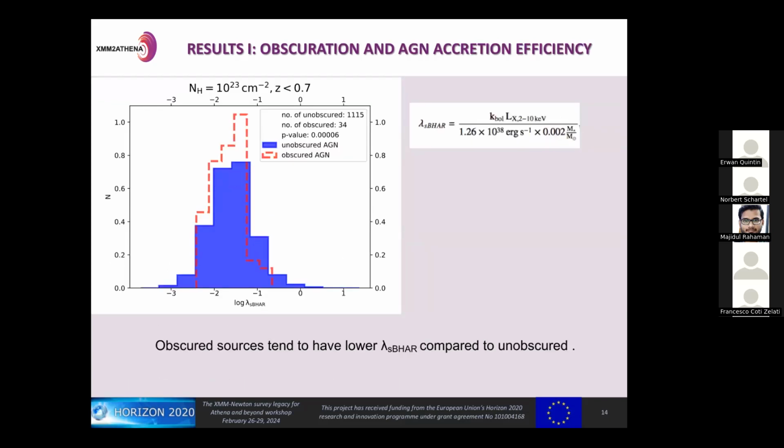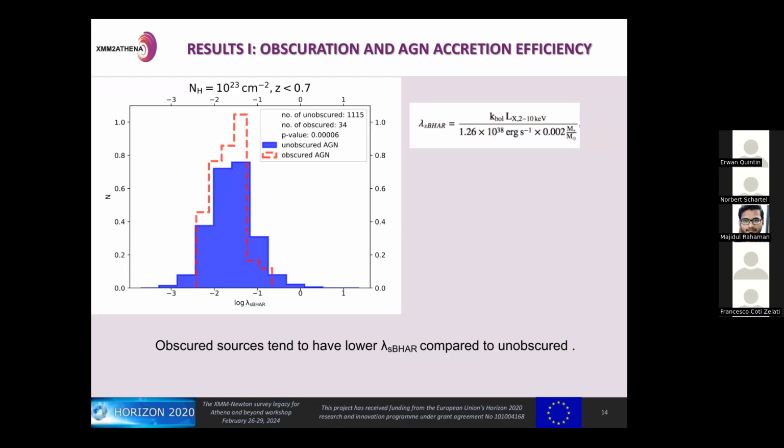And in order to examine the accretion efficiency of the two AGN populations, we used the lambda parameter, the specific black hole accretion rate, which is defined here. It is a parameter that is often used in the literature when Eddington ratios are not available, basically when black hole mass measurements are not available. And so in this case, we see that